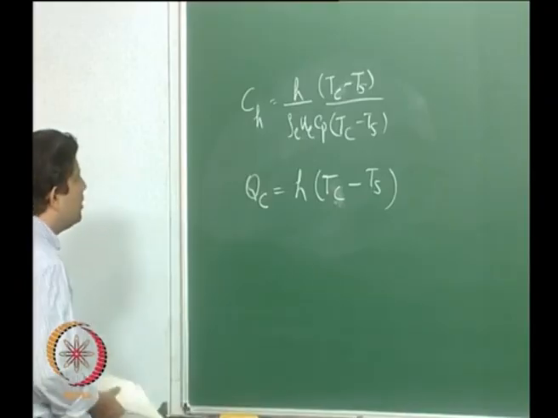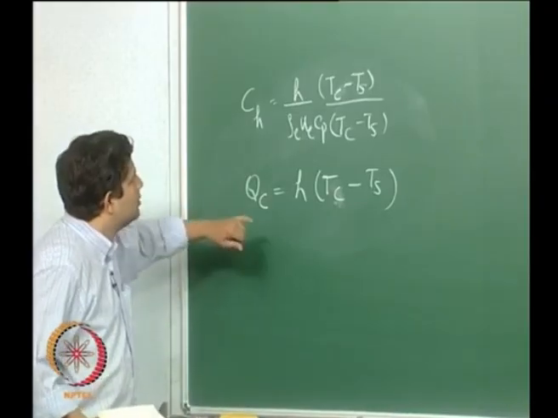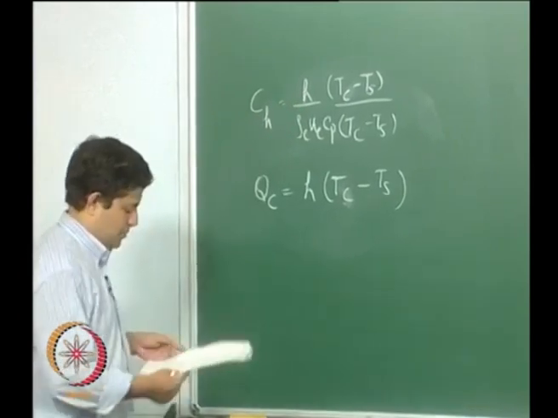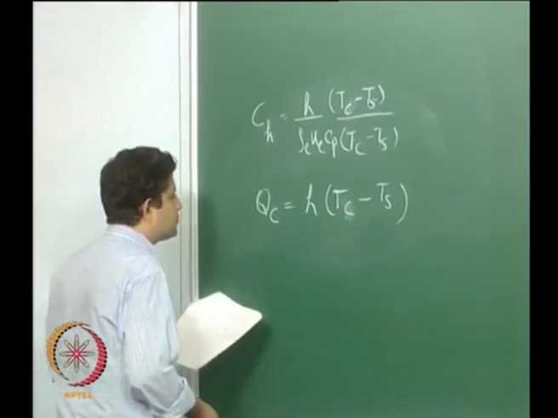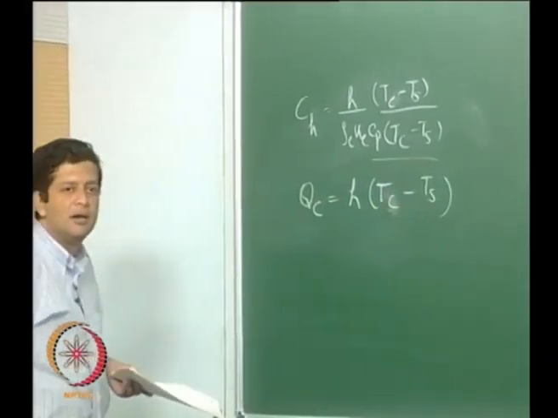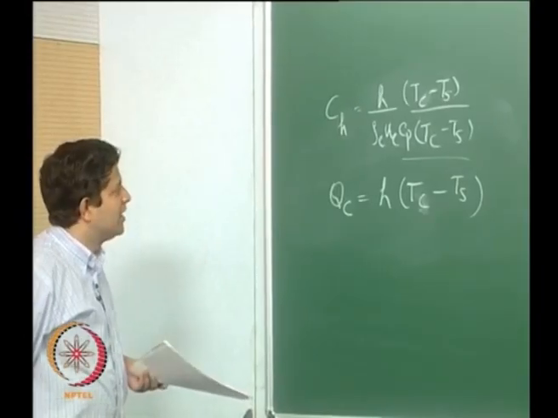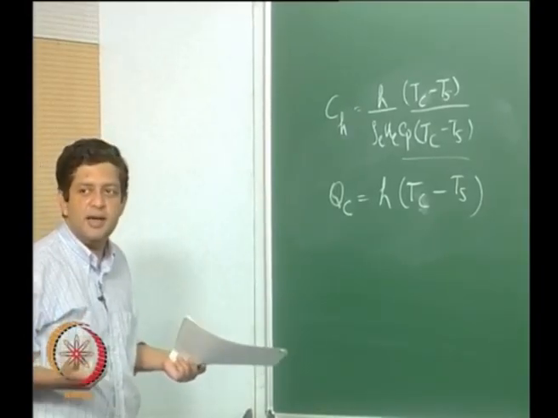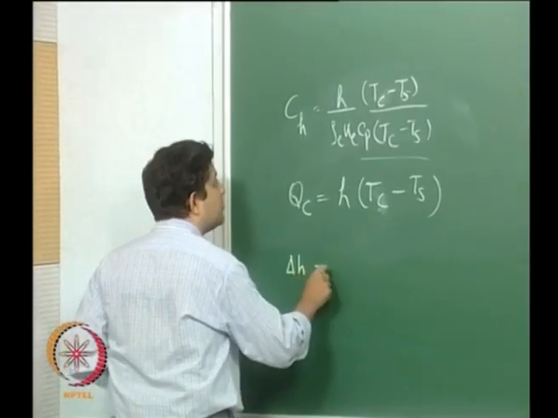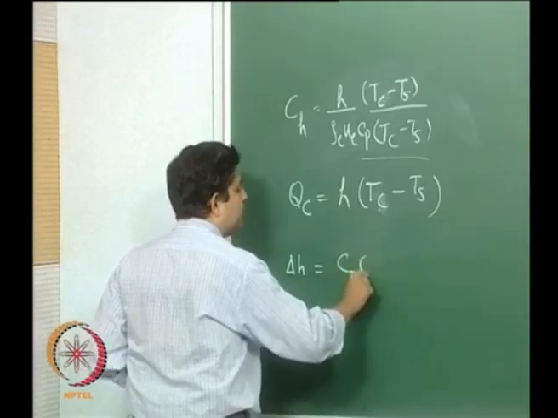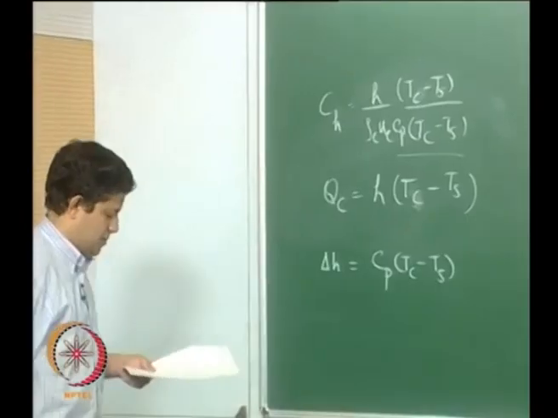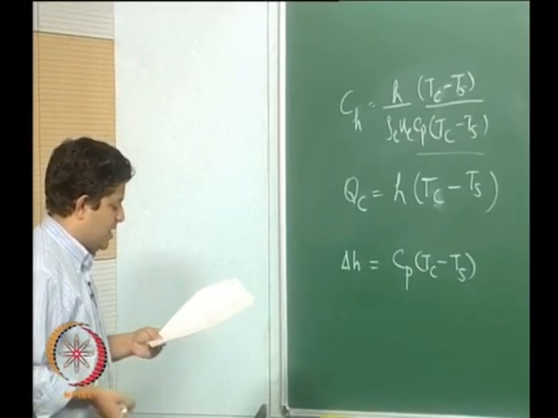Now, this part is Qc. So, what is this part? We can define it as some change in enthalpy. So, we will call delta h is equal to Cp into Tc minus Ts. So, what we will get is